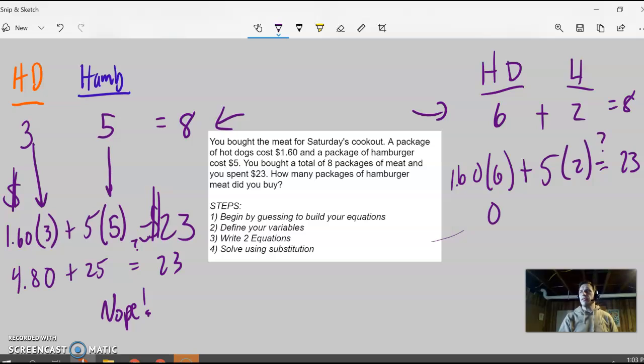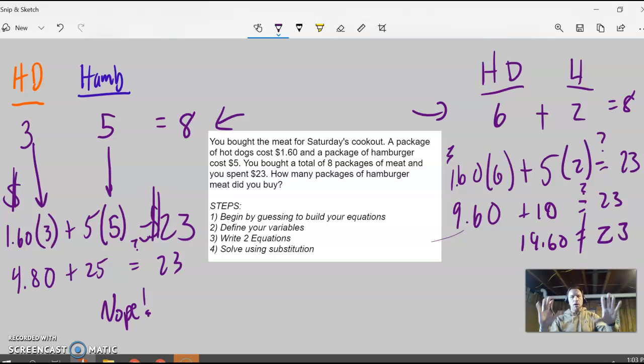6 times 0 is 0. 6 times 6, that's 36. Plus that is $9.60. 5 times 2, well, that gives me $10. Does that equal 23? That's $19.60. Nope, that's not 23. But pause there for a second. Do you see how we found these things is exactly the same? All right, so let's